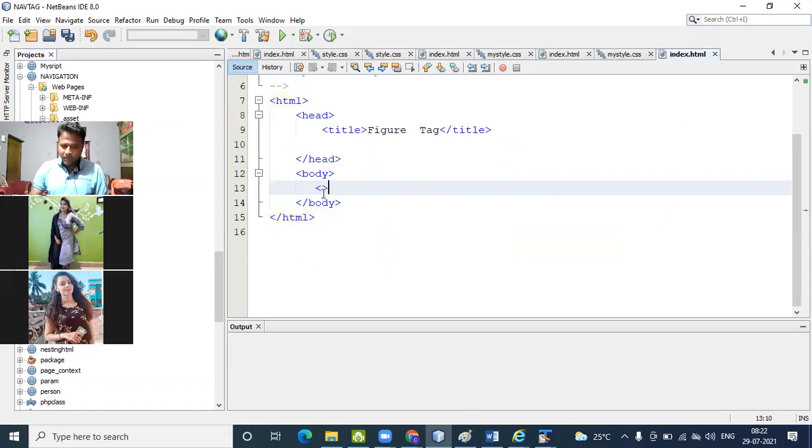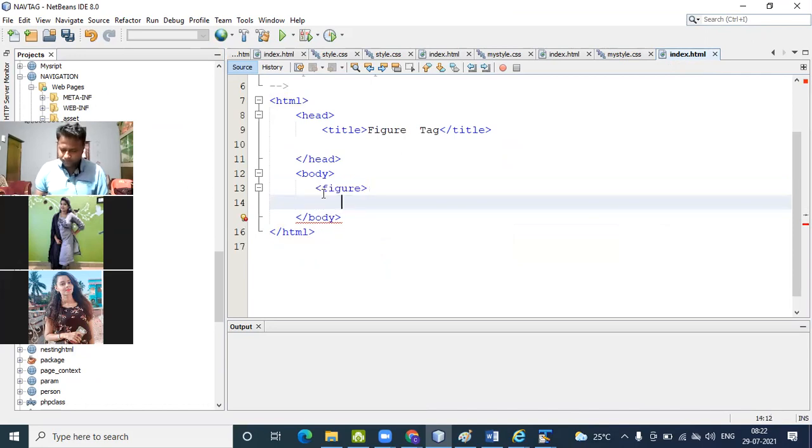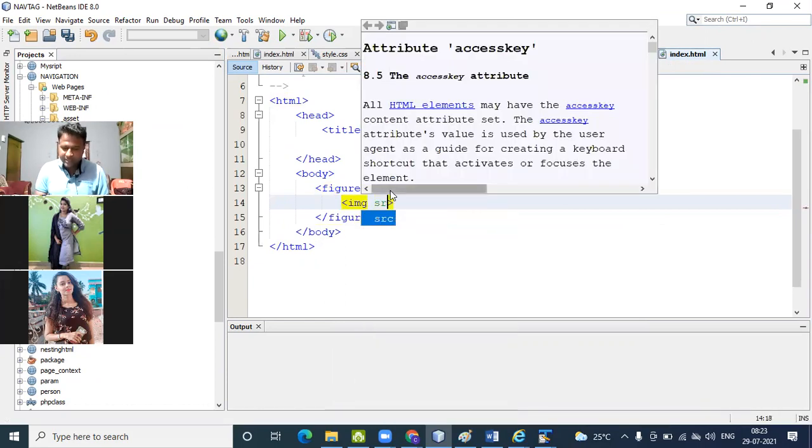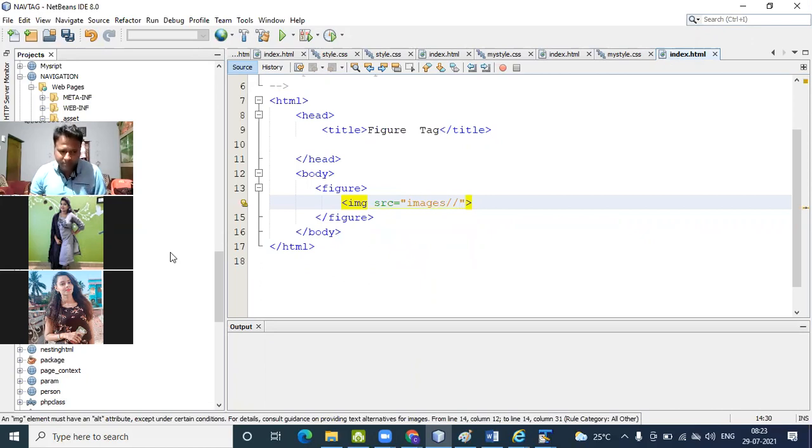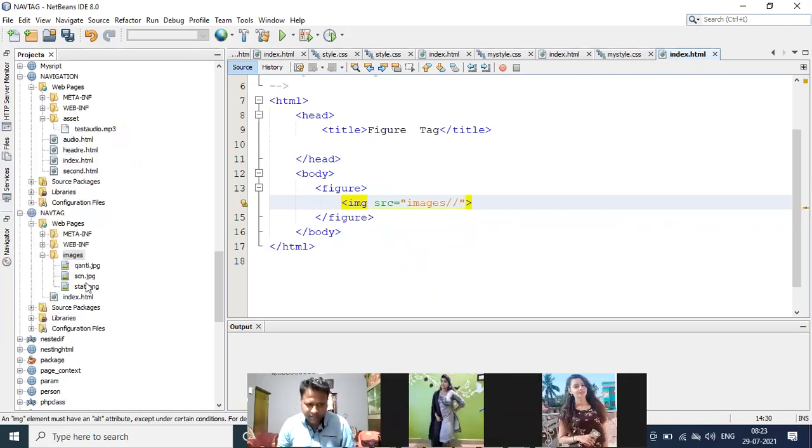Then I define a figure tag. Then, for adding an image, I use the IMG tag with SRC. SRC means where you pass the location the images will come from. So which image will I pass? Suppose scn.jpg.